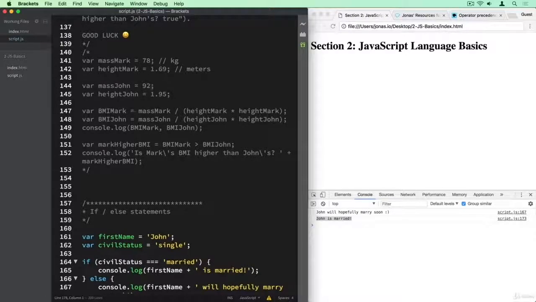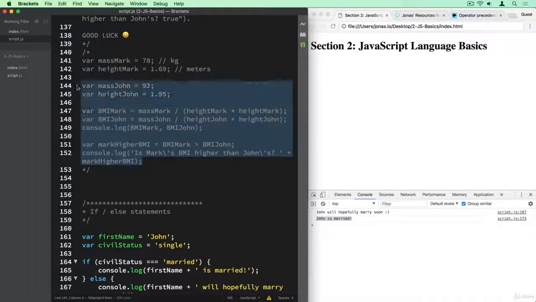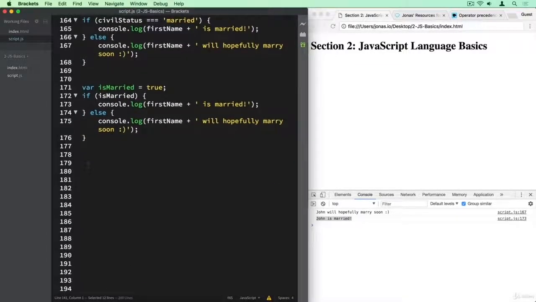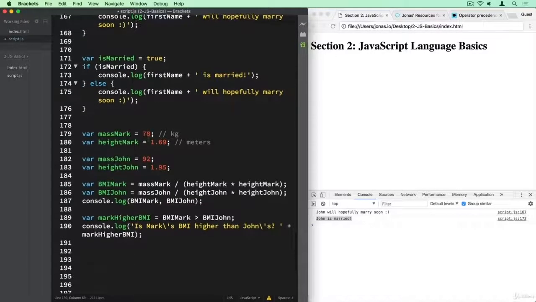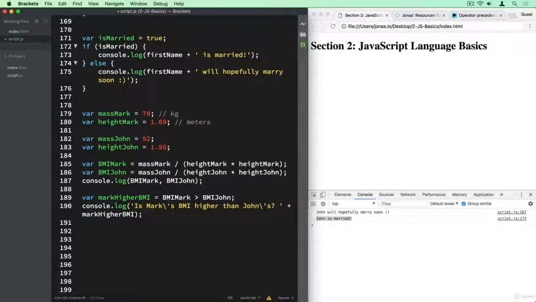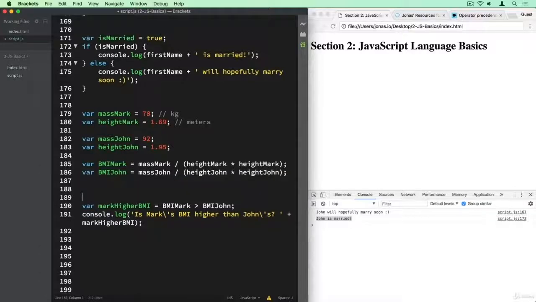All right, now just to finish this lecture, let's bring back the code from our coding challenge that we coded up before, and let's basically write something better to the console. Okay, so what we did here is to simply log this string here and then together with this true false value. So that's not really the best solution, right? To just print true false to the console. So now that you know the if else statement, we can do a lot better than this, right? So what we can do instead of all of this, let's comment it out actually,